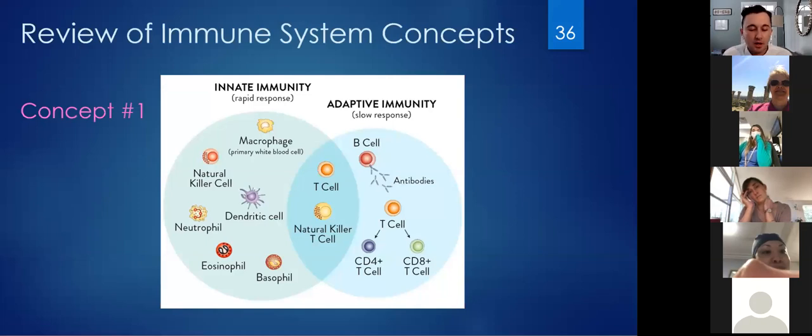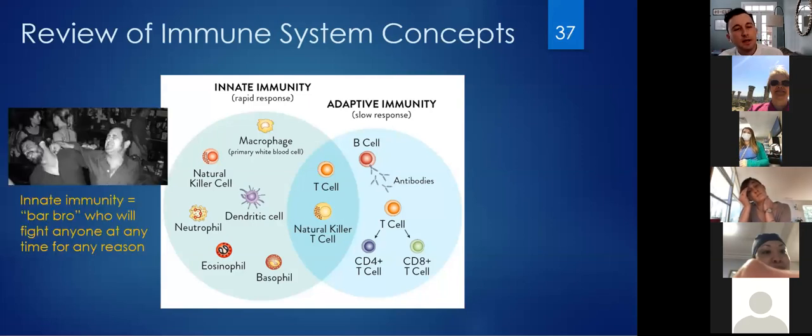We have a large, complex immune system made up of a lot of different components, a lot of different cells that all have their own individual roles and responsibilities. But it can mostly be broken down into these 2 big groups. Your innate immunity are cells that will attack foreign material just because. They don't have to have any memory of these cells. They don't have to have any specific receptors. They're just there to beat down the bad guys.